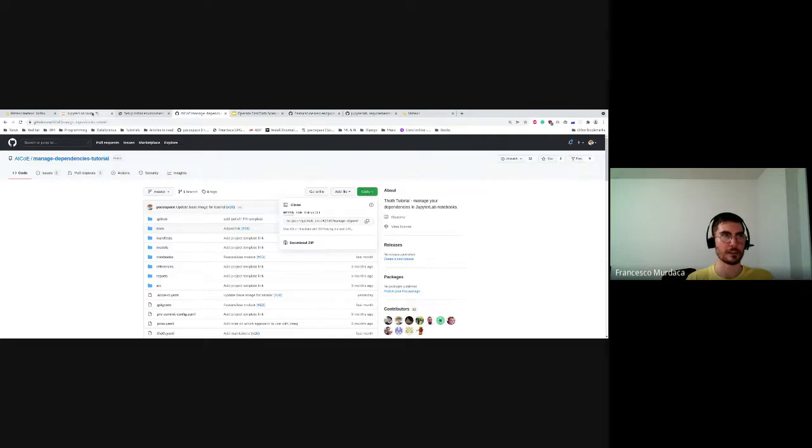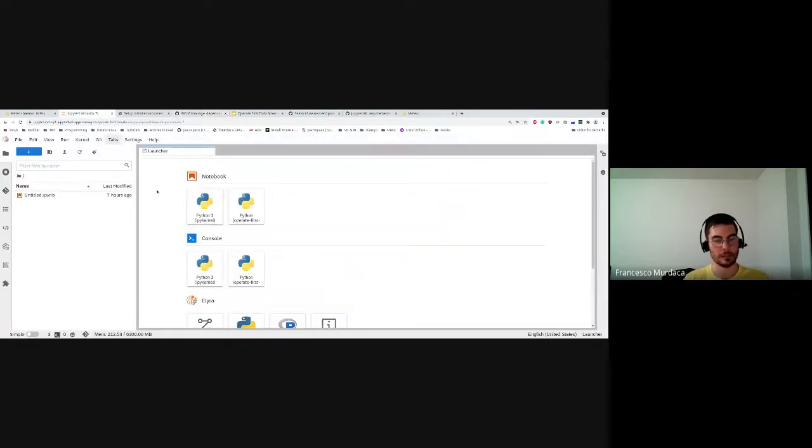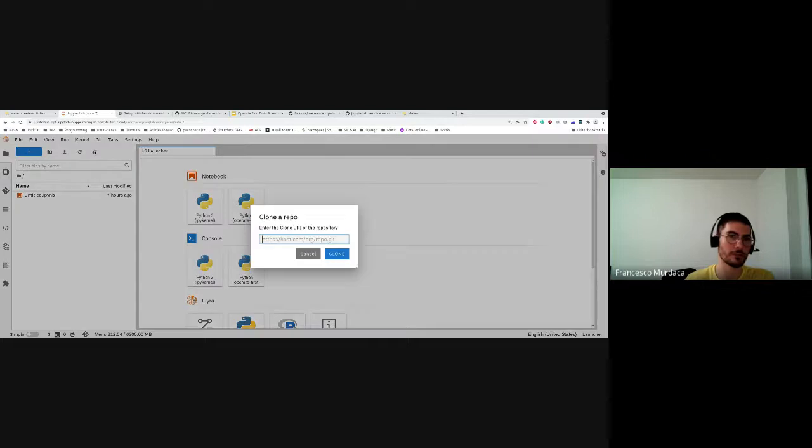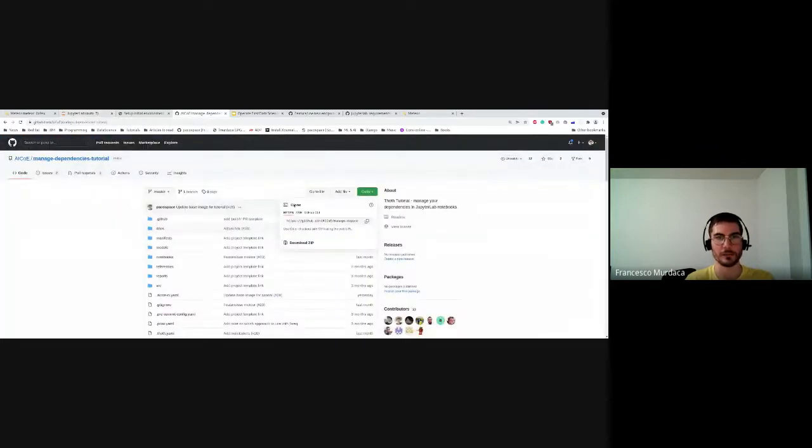So it's the first thing. Jupyter Lab Git is the extension that is provided with the Lyra. So we are able to go here, and you can basically clone a repo. You can do it from the terminal, of course, but this is way easier. You can just take this one,